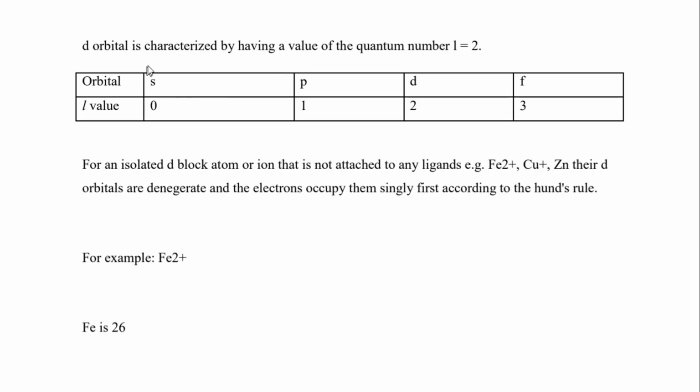So basically the d orbital is characterized by having an L value of 2. These are different orbitals: we have the s, the p, the d and f. So the L values are simply 0, 1, 2 and 3, right? The s orbital can accommodate 2 electrons, this and this. The p orbital can accommodate 6 electrons. And the d orbital can accommodate 10 electrons,